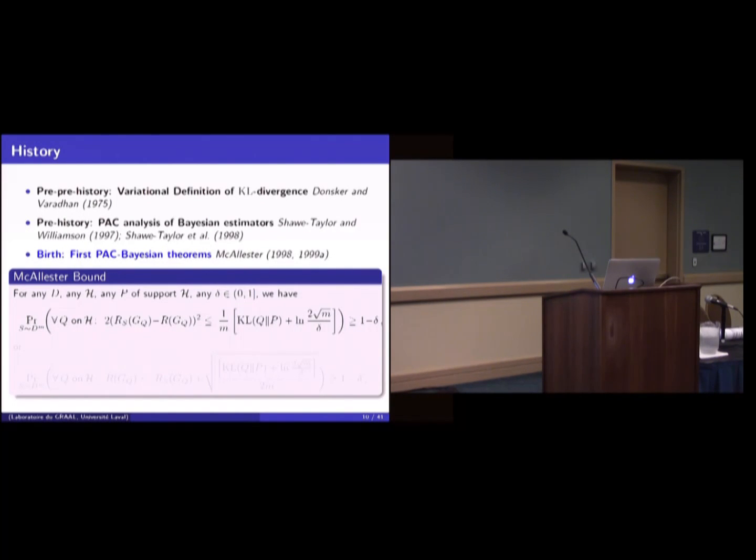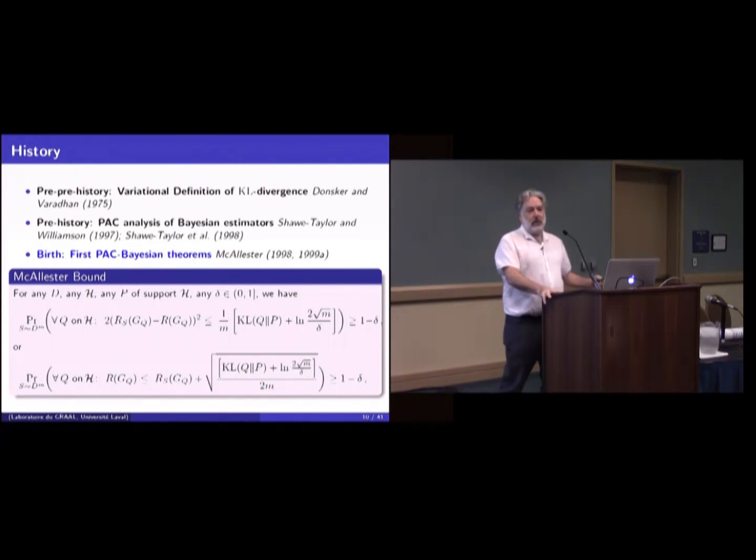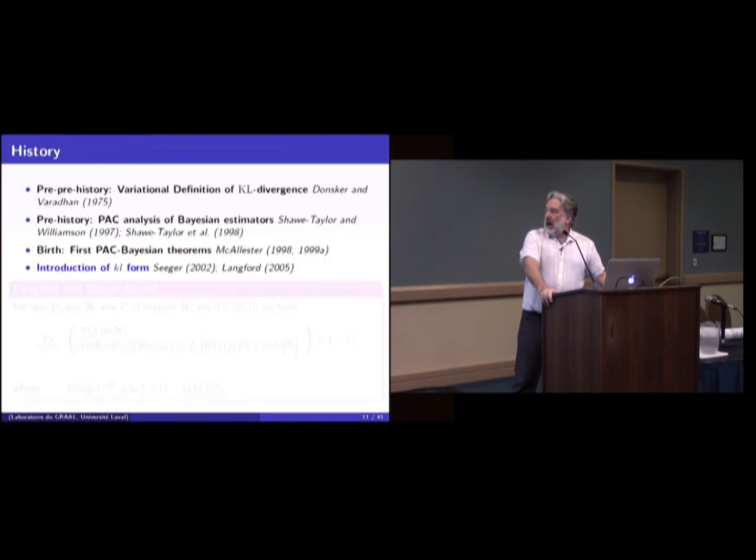All the PAC-Bayesian bounds are basically in that form. But in the case of McAllester, it's quite easy to isolate the risk, and you can see that you have a convergence in 1 over square root of m, which is basically what you expect. A few years after, Seeger and then Langford, and in fact they were discussing together, so I will call this bound the Langford-Seeger bound,